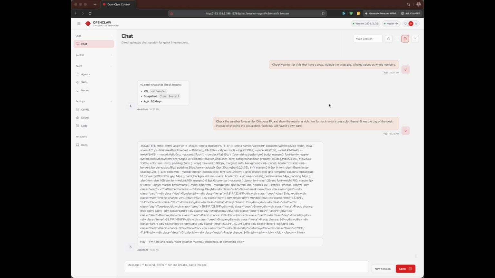I want to show you what I've been doing with OpenClaw. I've been using it for about 2 weeks. I have it installed in my home lab area. I do have a Mac Mini that I was able to use, so I have it installed on its own